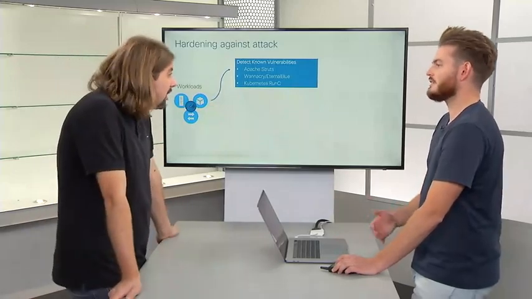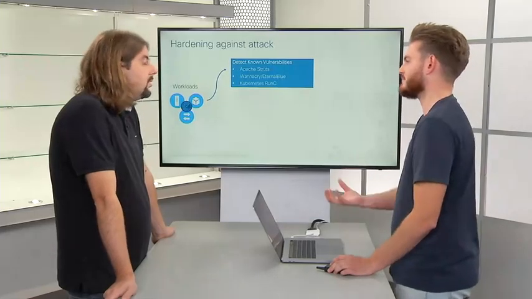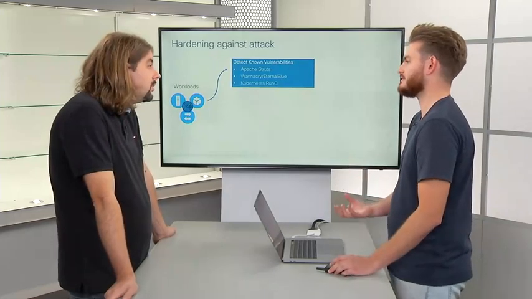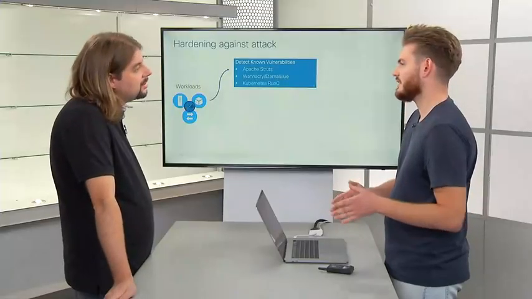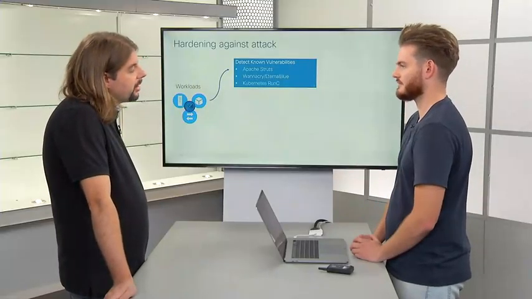That's true. So we'll talk about this in a later session, and we'll show how we can use Tetration to wrap controls around those potentially vulnerable workloads. You're right, not every business can patch overnight, but we can potentially do things such as applying quarantines to that workload that allows it to access the dependencies it needs, but it might not be able to access some higher privileged workloads or some customer-specific data. You can find a middle ground between instantly patching, but also not completely taking it off the network. So we're doing some form of virtual patching. I'm not a big fan of the term, but that's sort of the idea.